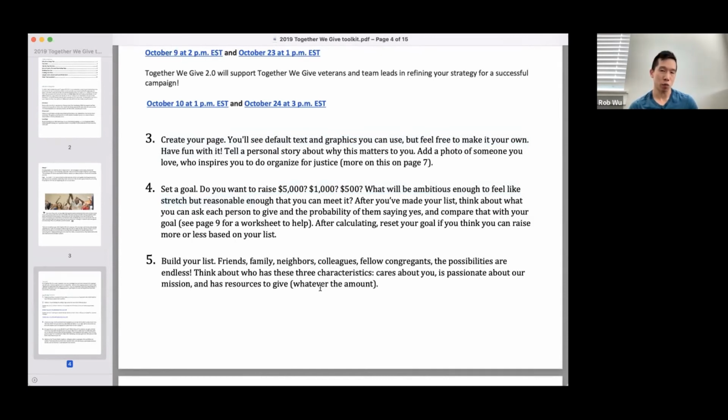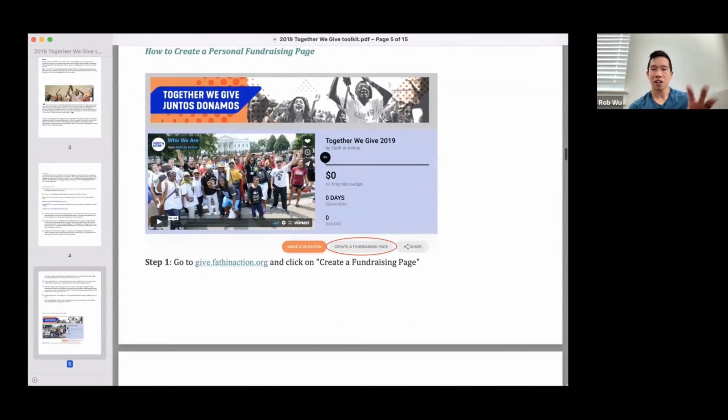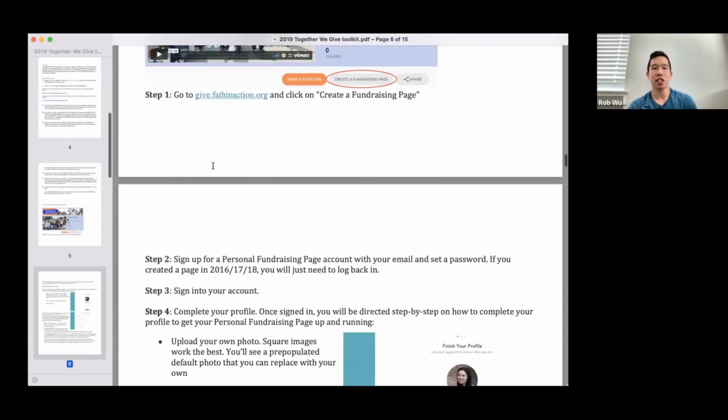So I find this really valuable because a lot of people like step-by-steps. Similar to today's presentation, we're giving a step-by-step on how to do a peer-to-peer campaign. It just makes things a lot easier and gives people a roadmap to be successful. So I really like that. They also have a walkthrough of actually how someone creates a page. So if someone doesn't want to attend a 1-hour webinar, which is highly likely, they give you some self-service options where they can just follow the instructions if they need to.